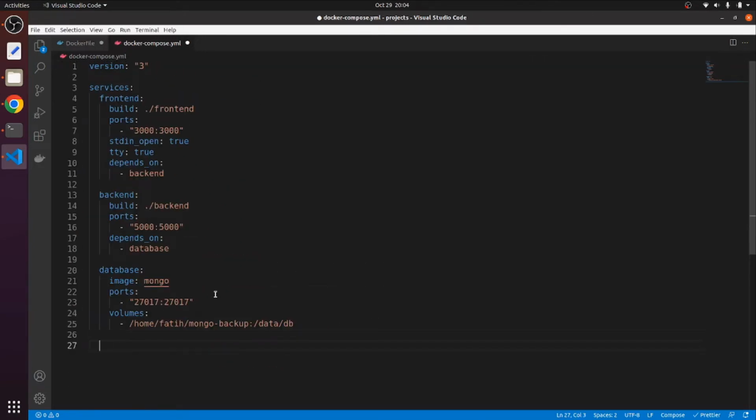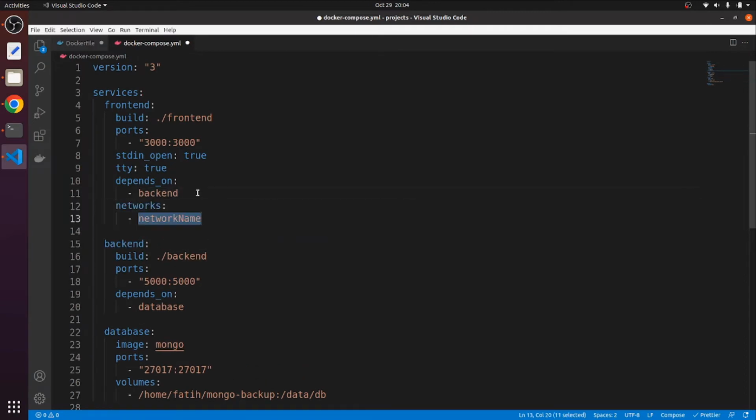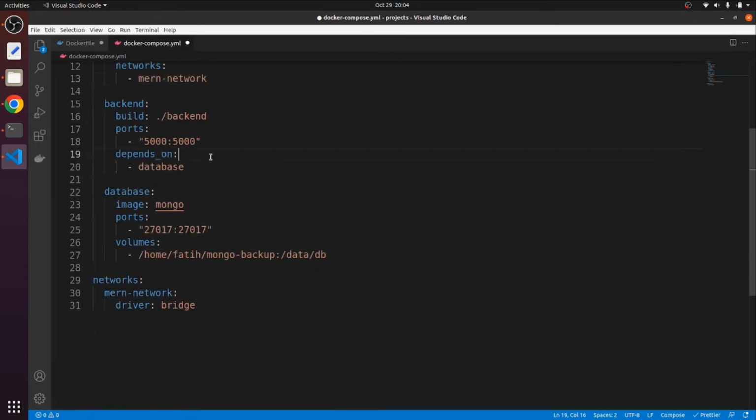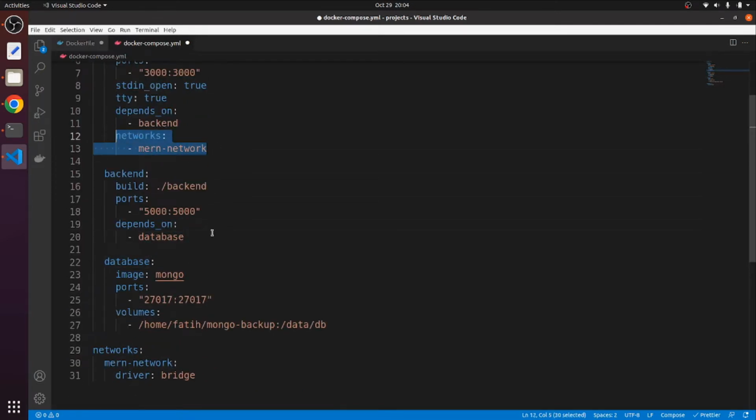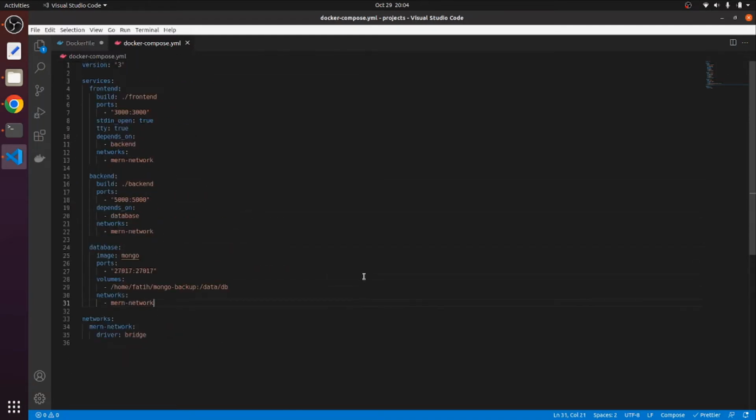And lastly, I'm going to create a network for these services. So I'm going to say networks, and I'm going to call it mern-network. All right, mern-network, and the driver for this one will be bridge. I'm going to use this mern-network for each service to put all of them in the same network. I'll say networks, and the network name will be this, and let's copy and paste it real quick in here and in here as well. Perfect. And now all the services